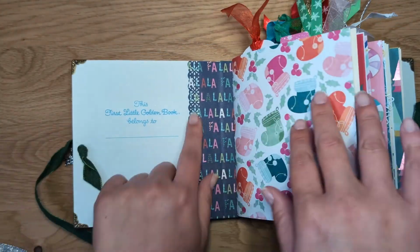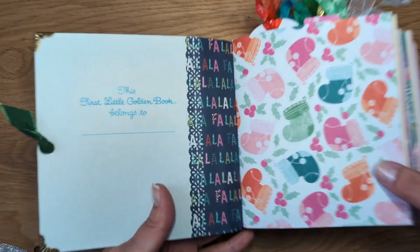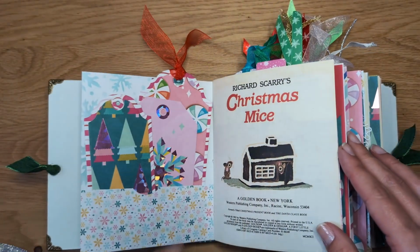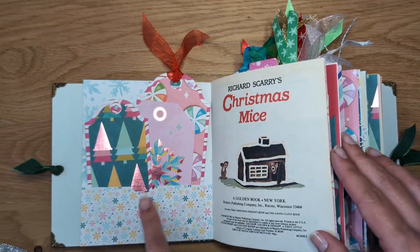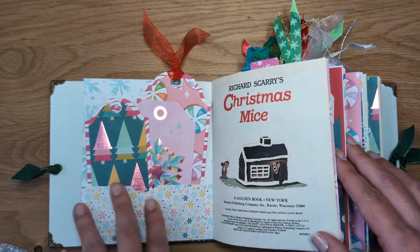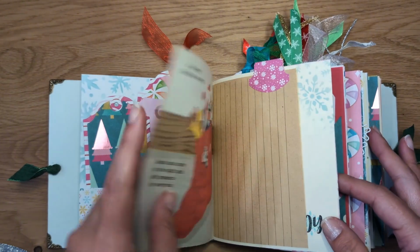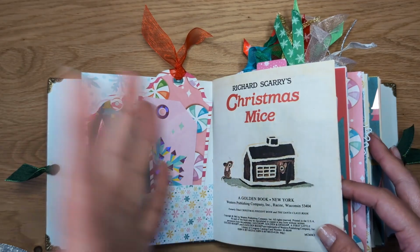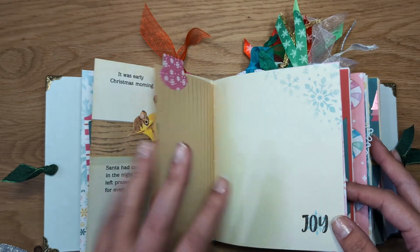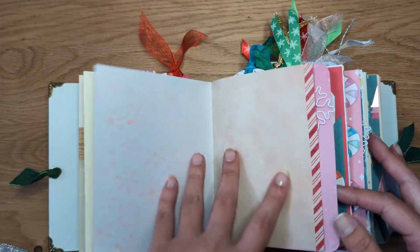And then this one, instead of putting any fabric on the insides, I just did a decorative border punch on that one. And a few of them have that. And this one was so cutesy that I ended up using, I believe this was one of the Recollections kits from last year, one of the paper pads from last year or the year before. And so I kept it in these little reds and candies and just kind of a fun, festive vibe,